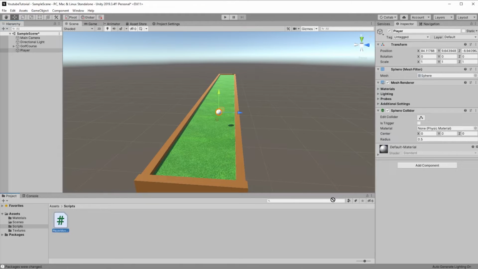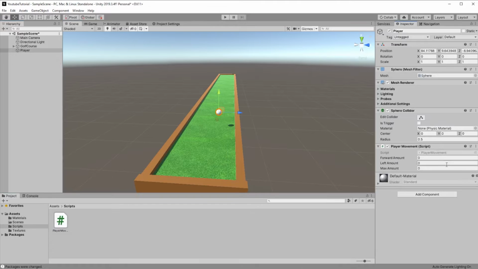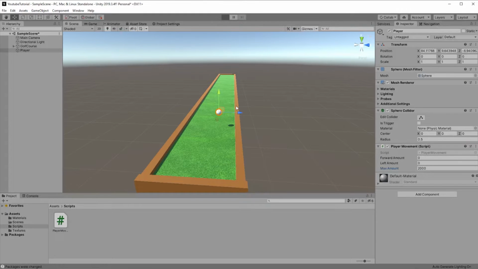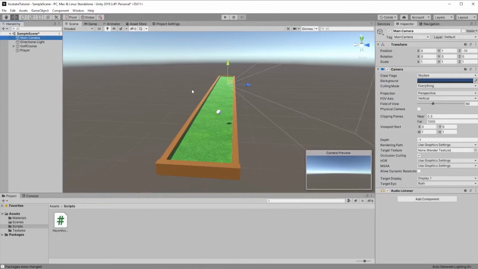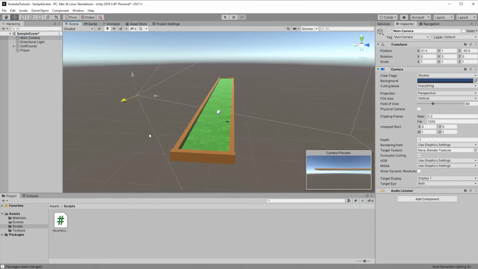Let's put the script on the player and let's set the max amount to 2000. Sorry, the main camera was not pointing to the player.